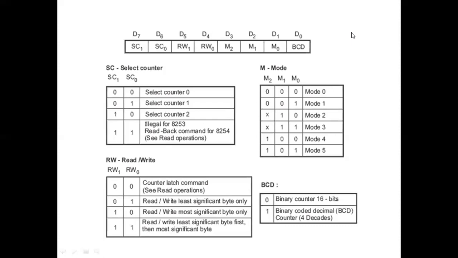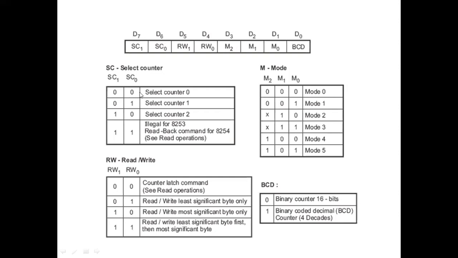The control word format is shown below, as in this figure on the slide. D7 is SC1 and D6 is SC0. That means the SC0 and SC1 bits of the control word select the counter. The selection of the counter is given in this slide. When SC1 and SC0 are 0 0, it selects counter